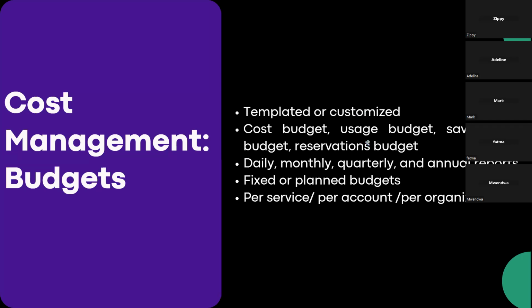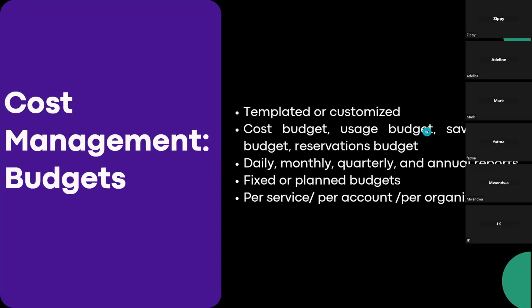And really the difference between the two is just that for a cost budget, you set up a specific amount that applies to all the services that are going to be running in that account. So for example, I can decide I don't want to spend any more than $5 in any month. So in that case, I would just set up a cost budget and set the amount to $5. So even if I'm running 5-10 services, the aggregate cost of all those services should not go above $10, or I'll get an alert if it's any amount close to or above $10.